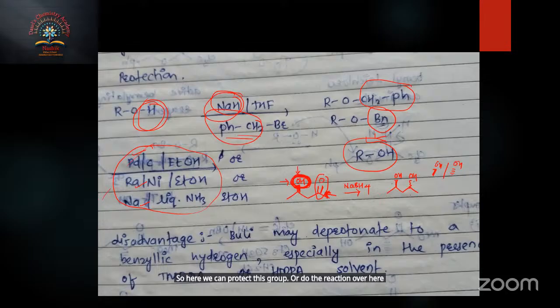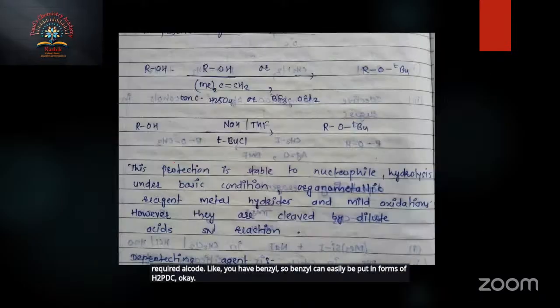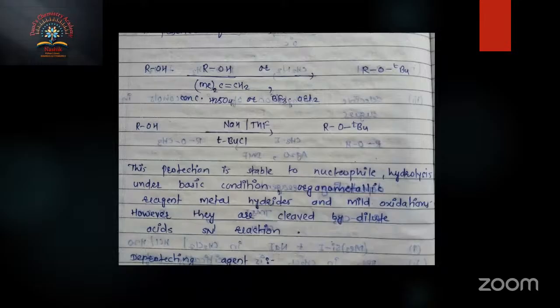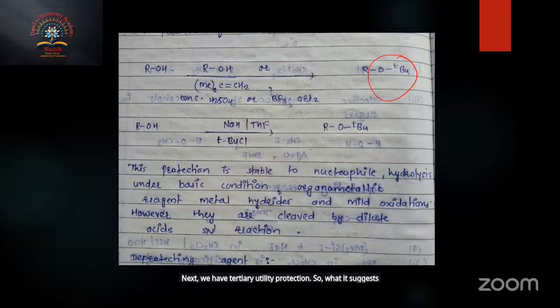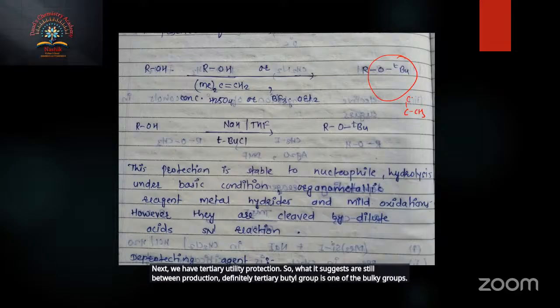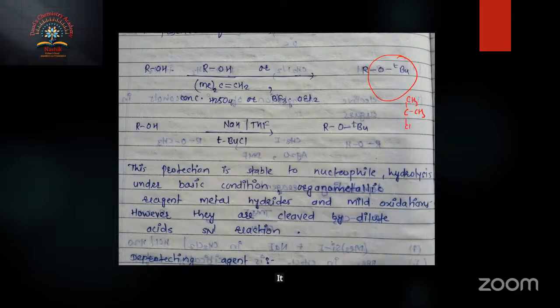So it can give you the required alcohol. Like you have benzyl. So benzyl can easily be deprotected in the form of H2, Pd/C. Okay. So next we have tertiary butyl protection. So what does it suggest, tertiary butyl protection? Definitely the tertiary butyl group is one of the bulky groups. So it has a very important role in protection